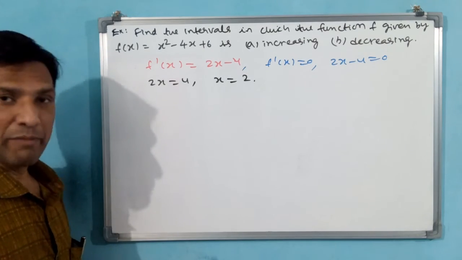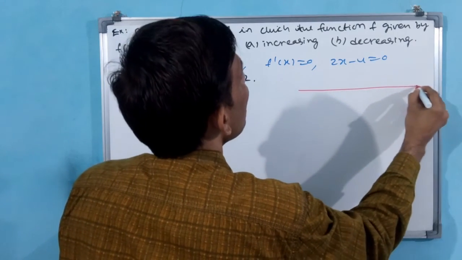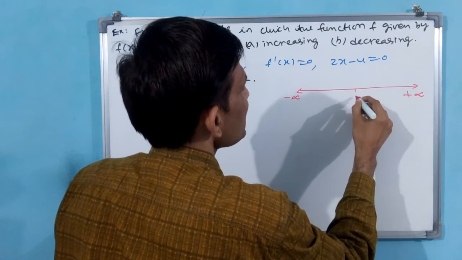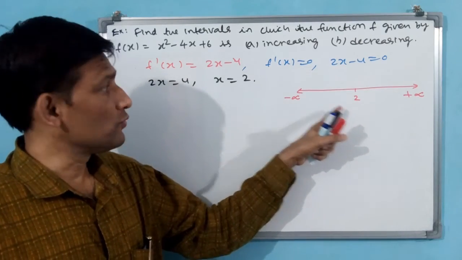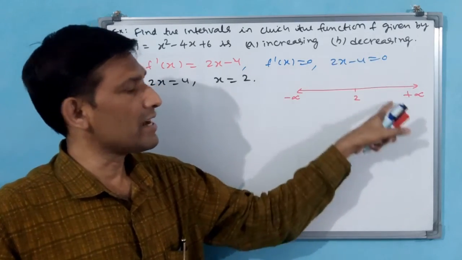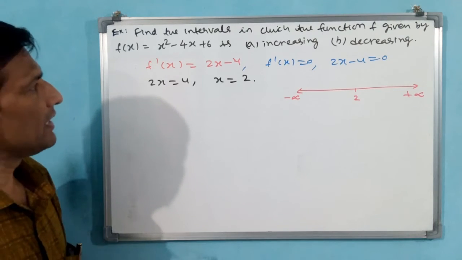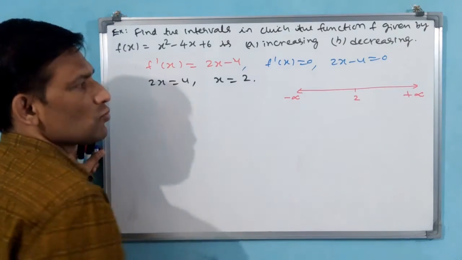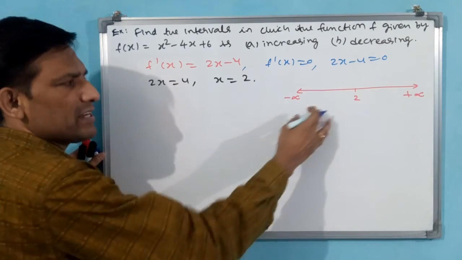That means x will be the midpoint, and you see how I am writing. Minus infinity to plus infinity is there, but in between center 2 is there. That means, see, minus infinity to 2, whether increasing or decreasing may come. From 2 to plus infinity, whether increasing or decreasing may come. Both are different are going to come. Okay, see what will happen. One by one I am doing. Okay, see, I will take minus infinity to 2. Minus infinity to 2 means rather than plus side, I will take minus side only.